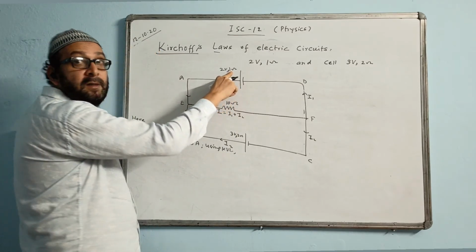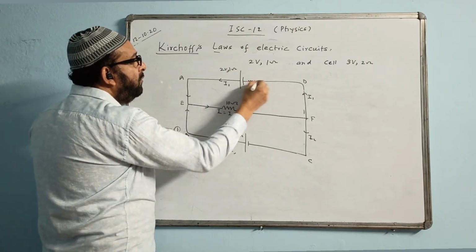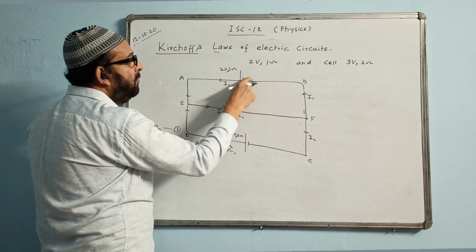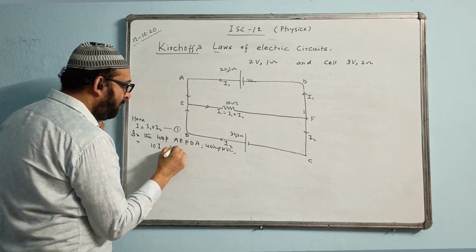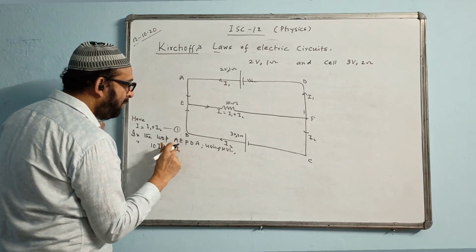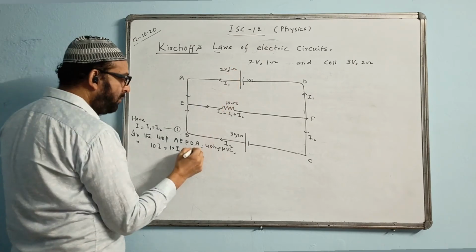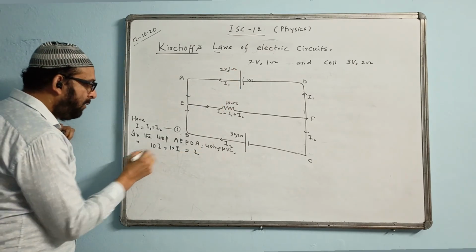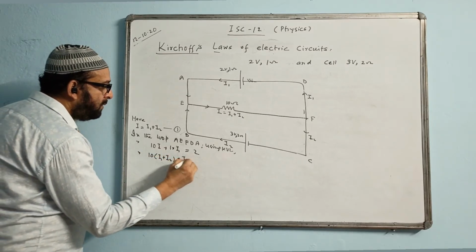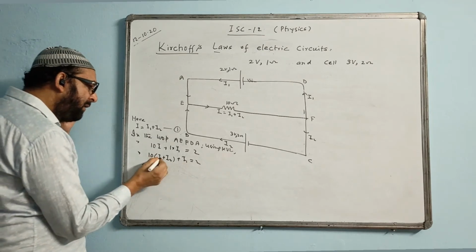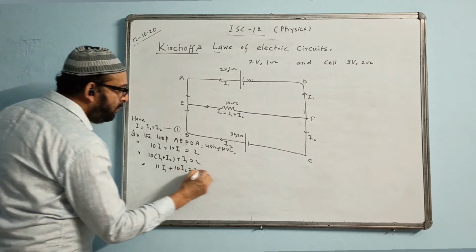Here we see nothing, but we should bother about this also. How much ohm is there? Internal resistance we must bother about. 1, so that 1 ohm you can consider to be here. So 1 into the current I1. Internal resistance is not to be neglected. It has to be taken. Equal to, and directly how much volt? 2 volt. Now 10 I will put here: 10 times I1 plus I2, plus I1, equal to 2. Now 10 I1 plus I1 becomes 11 I1, plus 10 I2 is equal to 2.